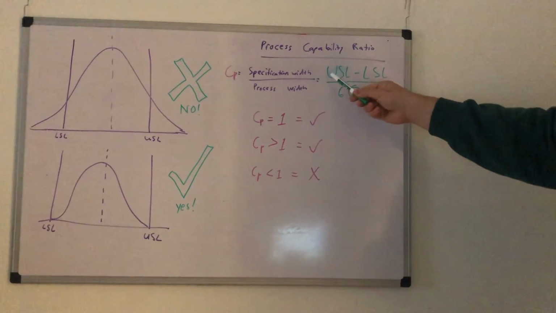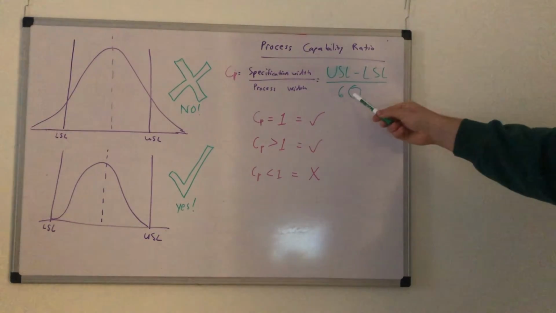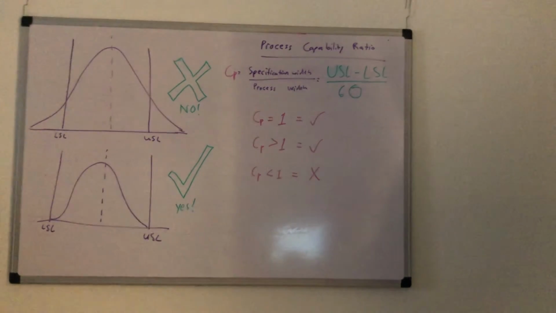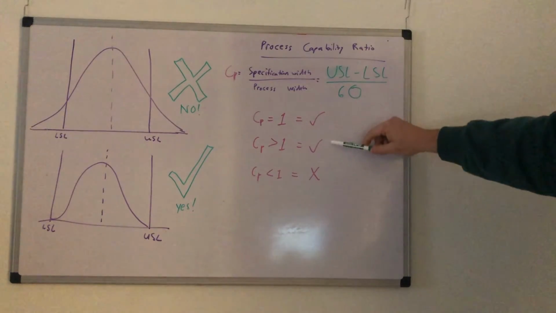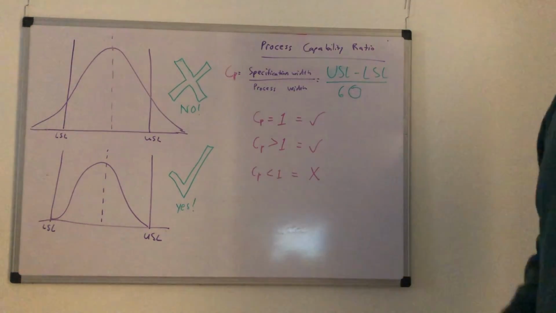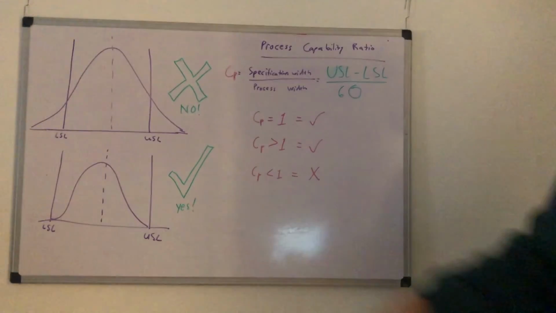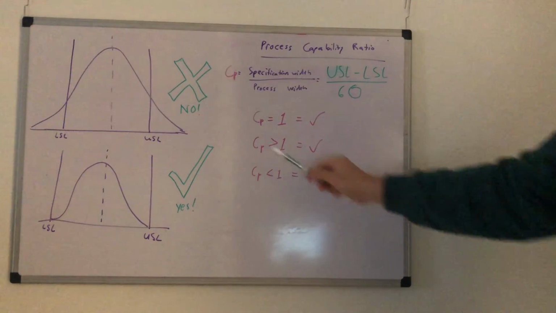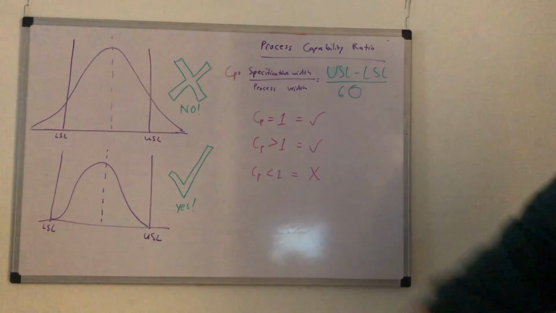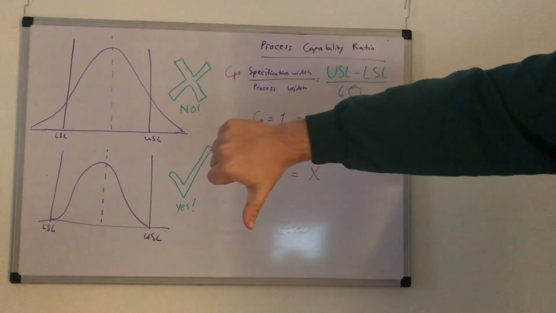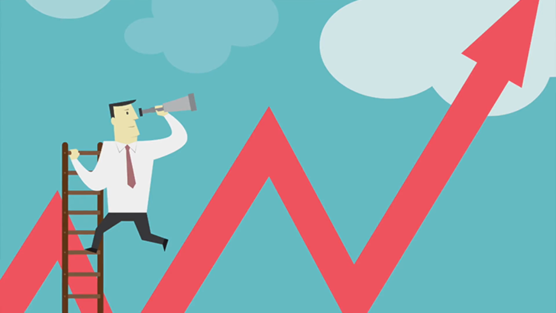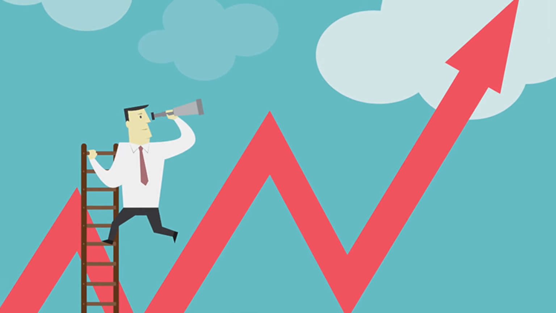The ratio is simply the upper specification limit minus the lower specification limit divided by 6 sigma. If our ratio is equal to or greater than 1, then our process is capable. If our ratio is less than 1, then that means our process is not capable and therefore incurring a loss. The goal here is to have a process that is fully within the specification limit so that there's no loss